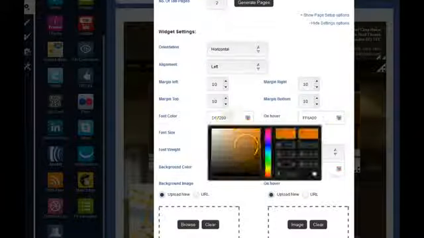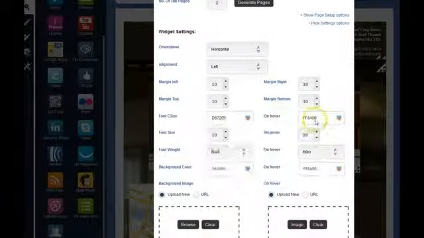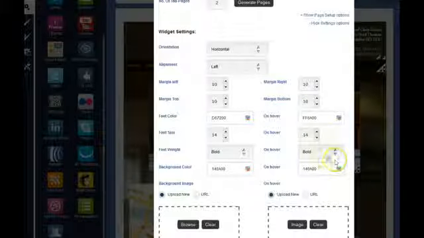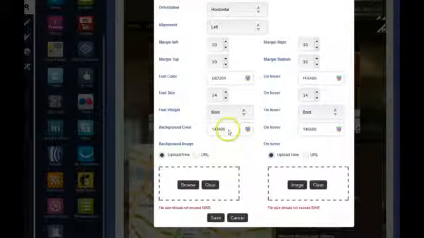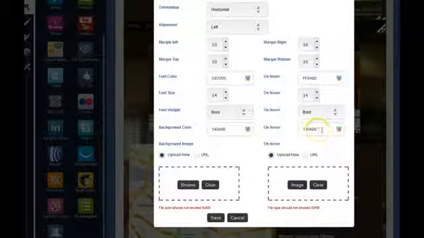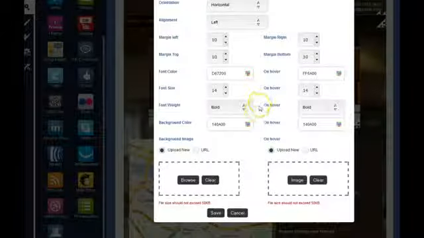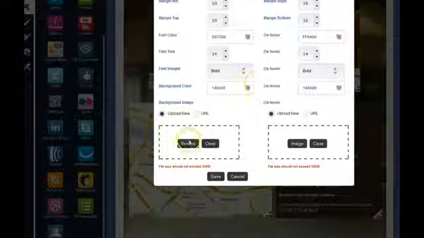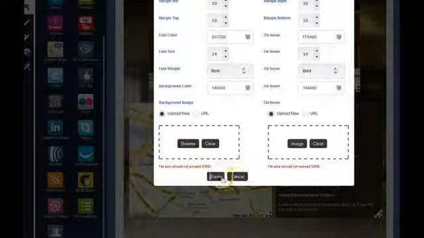You can change the font colors here. You just choose what you want and click this, and then you can choose the hover color. You get the font size, the hover size, the font weight, the hover weight, then a background color for the whole nav bar, and you can also make that change for the part that's hovered over. So basically full control over how the navigation bar looks. And then if you want to get a bit more advanced with the design, add things like gradients or specific patterns, you just click browse here, and it lets you upload an image. So you save the whole thing,